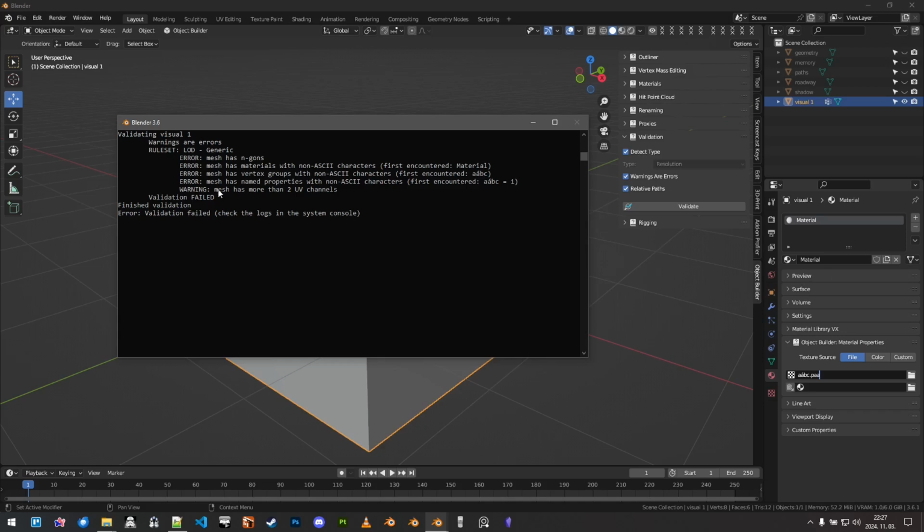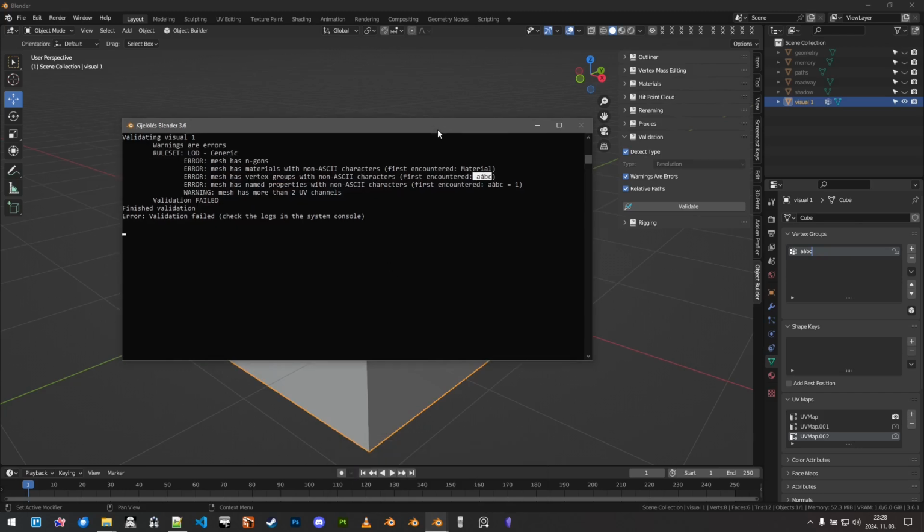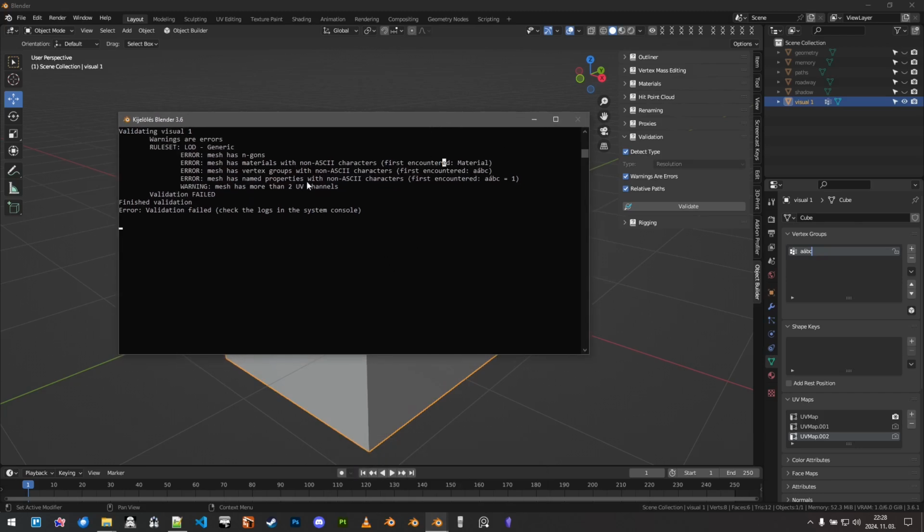Same for vertex groups. It says has vertex groups with non-ASCII characters, first encountered, and now this is actually the name that's the issue. So if you go to the vertex groups, you see I typed the same 4 characters and it has a non-ASCII character in the middle, and that will be a problem in the P3D. And then the same thing